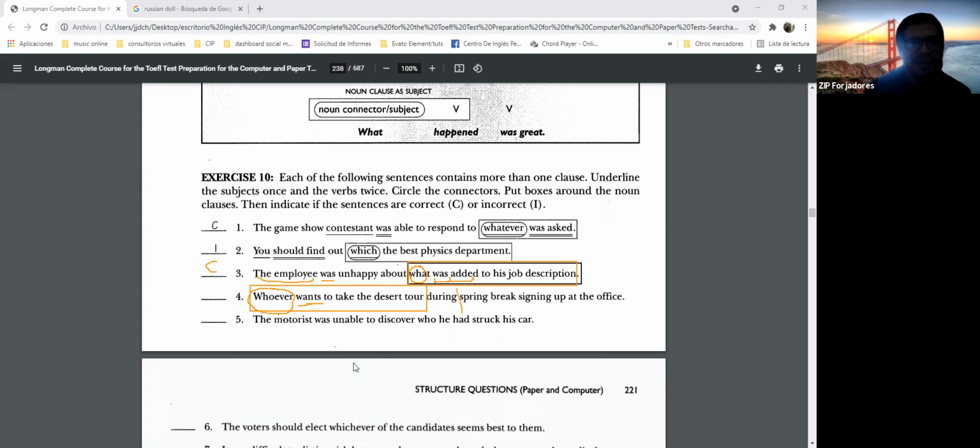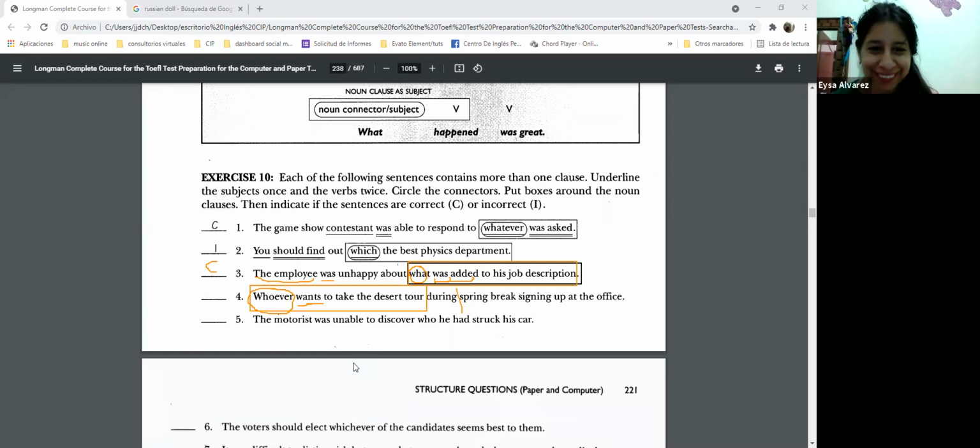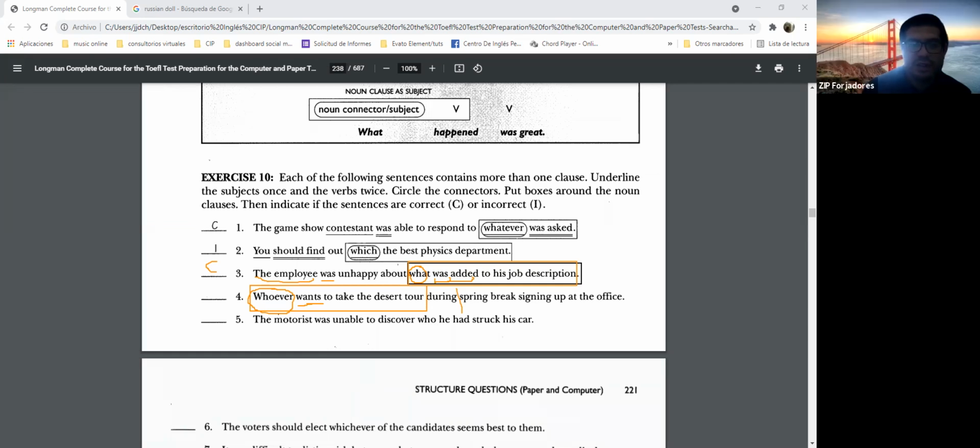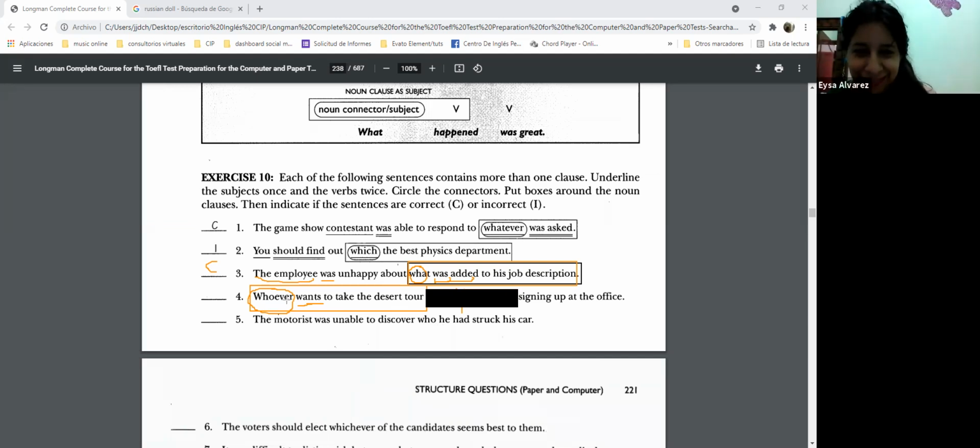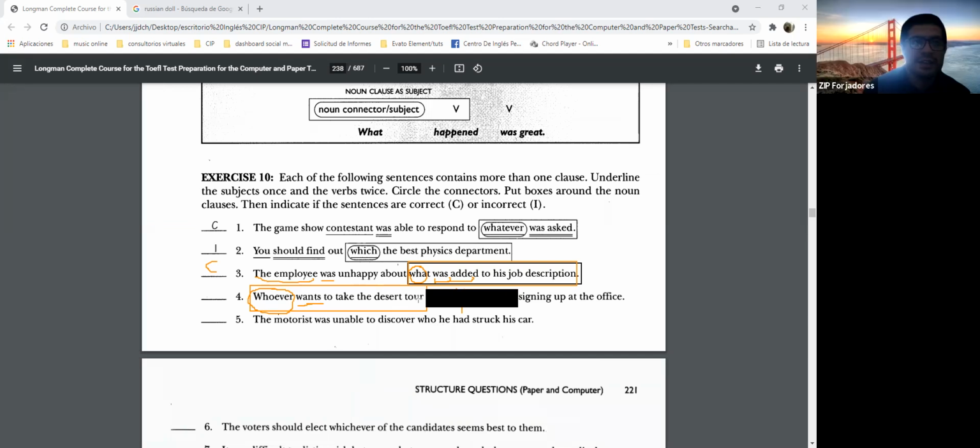Remember, a preposition introduces a prepositional phrase. So imagine that this doesn't exist because it's a prepositional phrase. Okay? So whoever wants to take the desert tour,